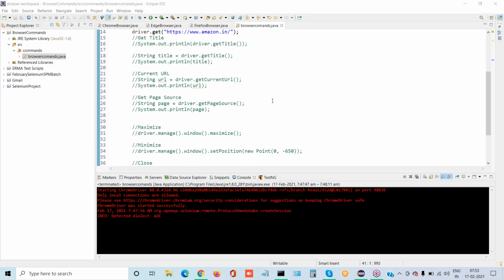Comment structure, whether you follow it or not is not your wish, it is the organization's wish. If they ask you to write comments, you need to write them. If they do not ask you to follow comments, you need not. But my suggestion is to always use comments. Not for every command, but at least for the main things you need to use comments.